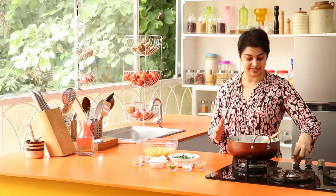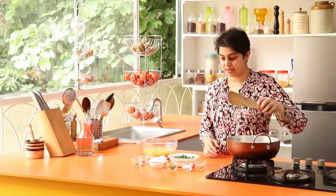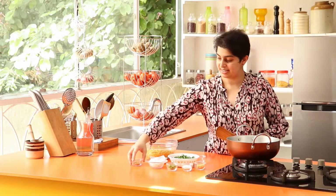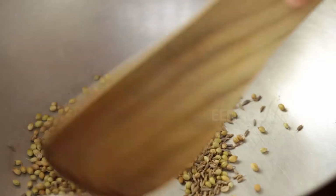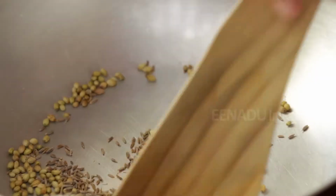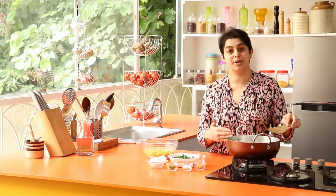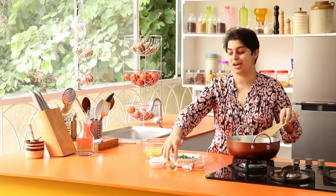So the dals have soaked for a couple of hours and you can see they've become plumper. So what we're going to do now is dry roast all of our ingredients. So start with jeera and coriander seeds. And once you can start smelling the aroma, that's when we can put in the curry patta and the chili